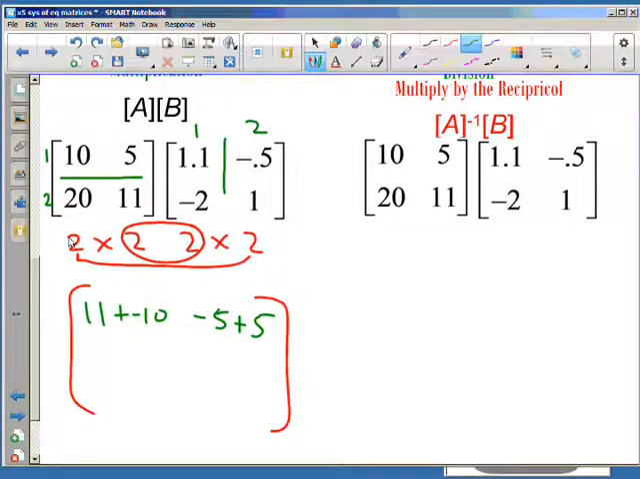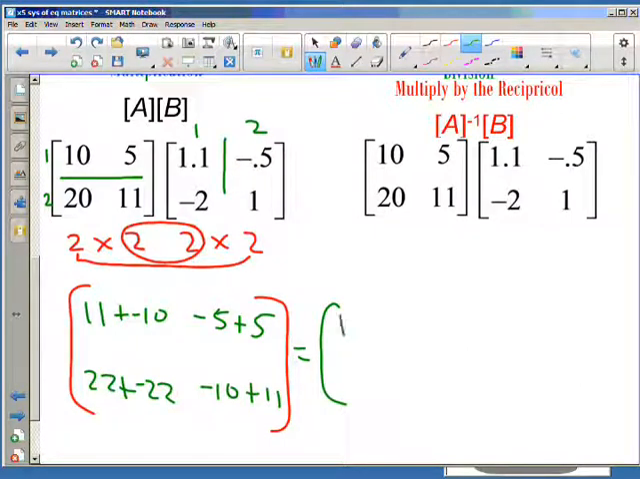I get 20 times 1.1, that's 22, plus 11 times negative 2, negative 22. Make sure you simultaneously move across and down. And then 20 times negative 0.5 is negative 10. 11 times 1 is 11. When I add those values, I get